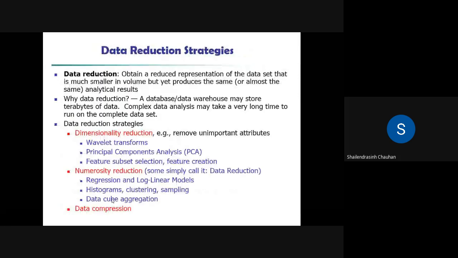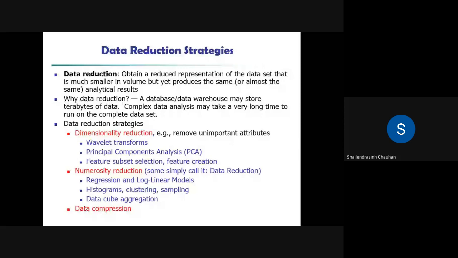And in data reduction, what we need to do, let us say if you are going to consider the entire data for data mining, what will happen? It is going to consume too much time. And the time required to process the data, and the time required to generate the analysis results, will also be more. Fine. So many reasons are there behind applying these kinds of data reduction techniques.